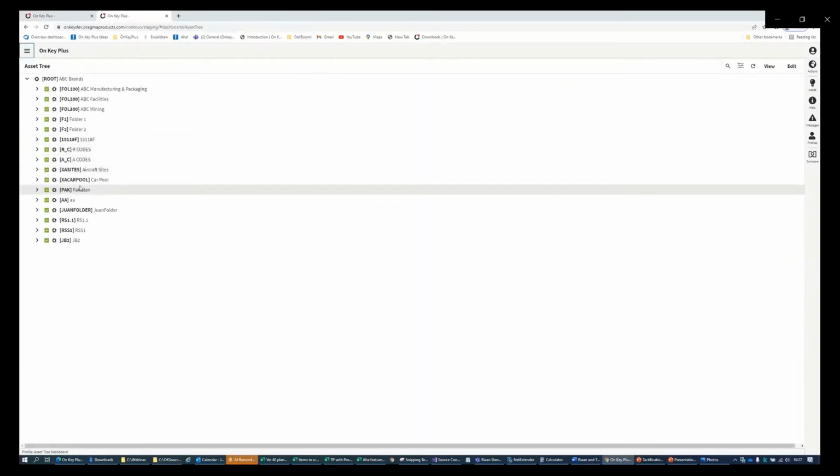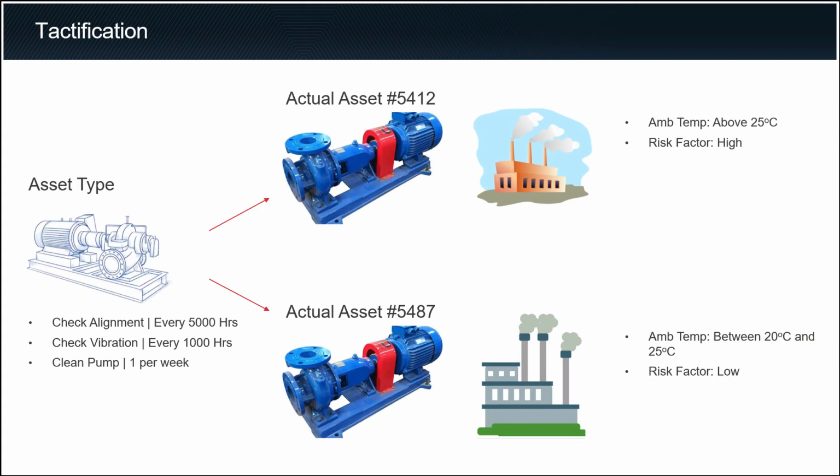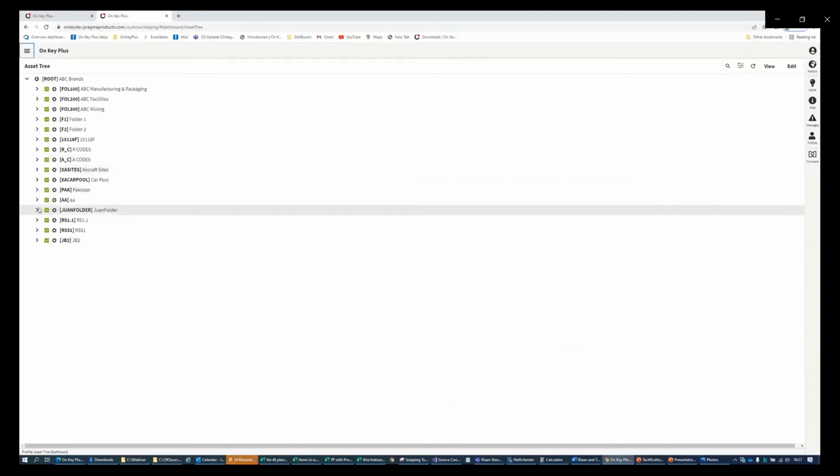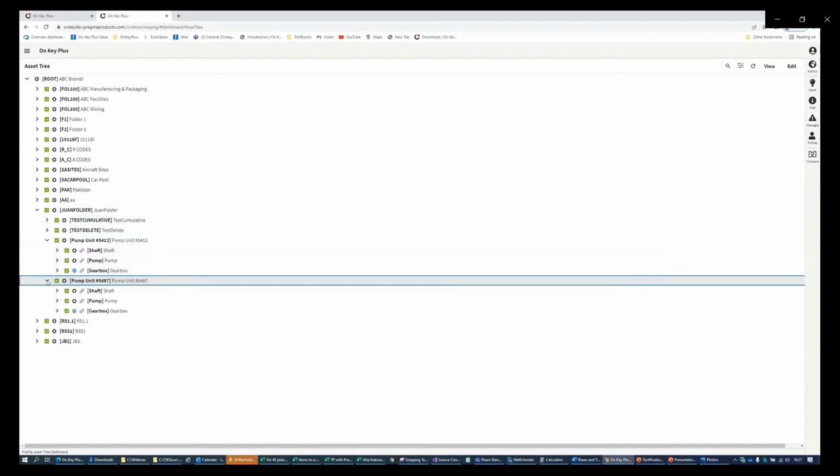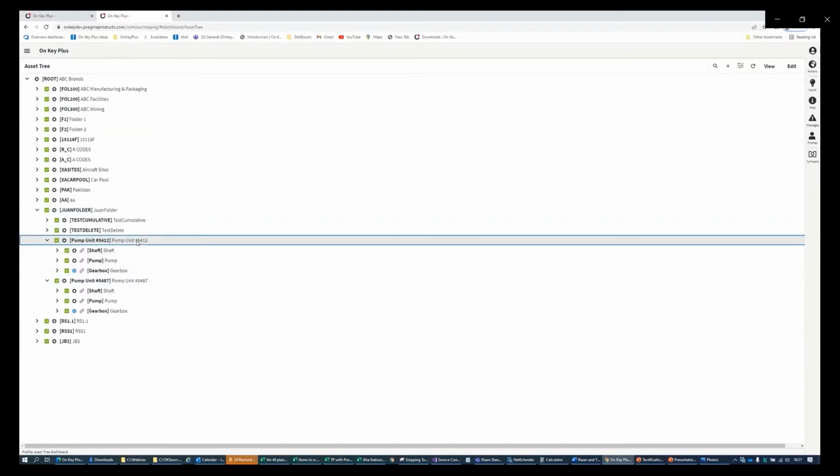I've created 2 instances of the assets. That's kind of what I want to do here, 2 instances, because I want to just show conditions a bit later. And here they are, pump unit 5412 and 5487. And what I've done is just synchronize and accept development. Something we've added is, I'll just synchronize this one again,